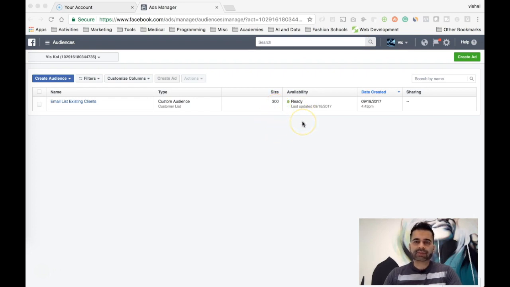That's the reason why I was saying that when you upload your existing customers, you want to upload at least around 1,500 of them, because then the likelihood of Facebook discovering at least 1,000 to 1,100 is very high. Anytime you're running these types of ads and trying to create a lookalike audience from an existing audience, you want to have at least 1,000 people as part of your size, because the more people